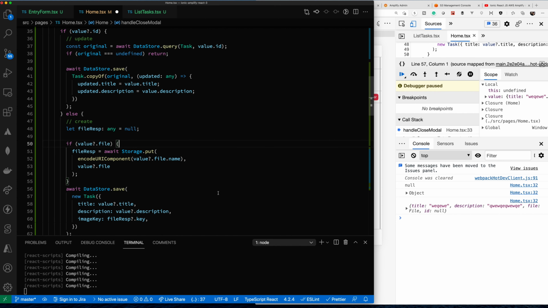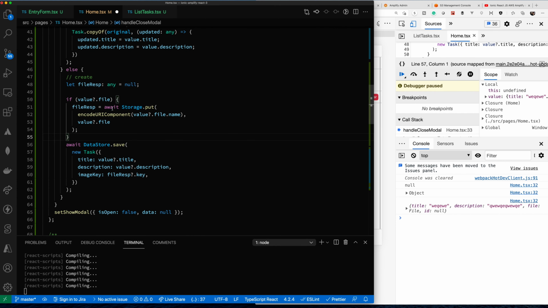So let's format this. This first part here checks to see if you have a file, and if you have a file, it saves it to storage. Then the next part is, if you have an image key, it takes that key and assigns it, and associates that image with this specific task. So